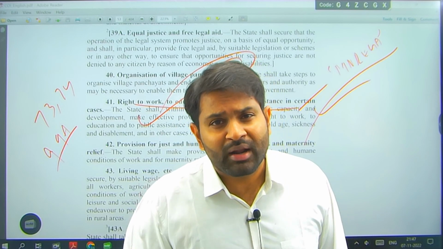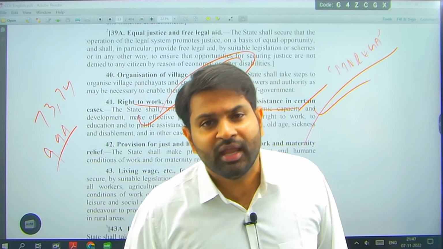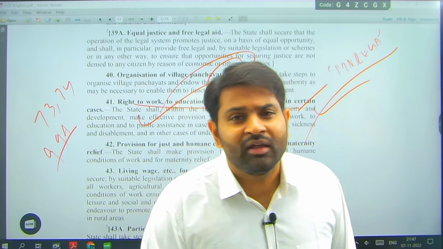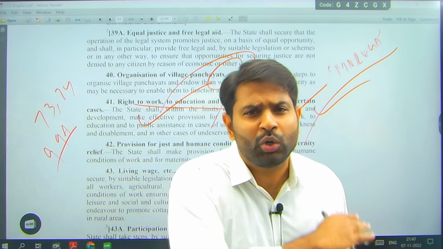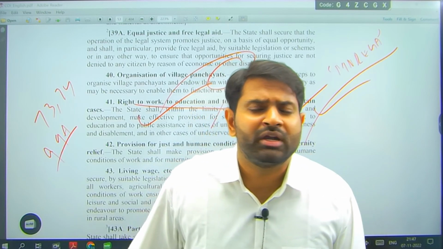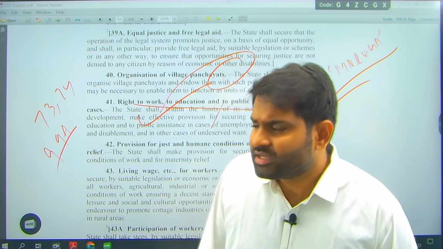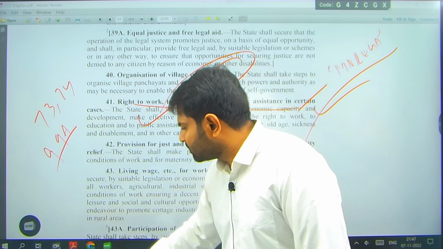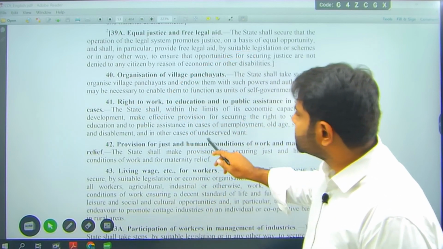Do you know why MGNREGA is very important? MGNREGA is very important because it is following Article 38. What is Article 38 saying? Men and women should have equal wages. Nowhere in India, no labor market, no wage market, no daily market, will you get equal wages for men and women in reality, except MGNREGA. MGNREGA is the only place where we get equal wages. It is what is prescribed, it is what is given. So sometimes law will bring social change, we need to remember.